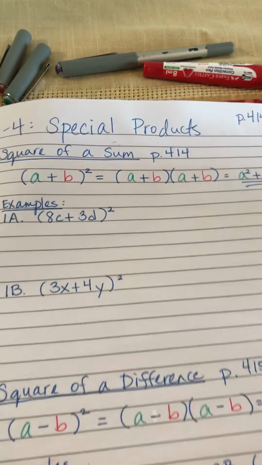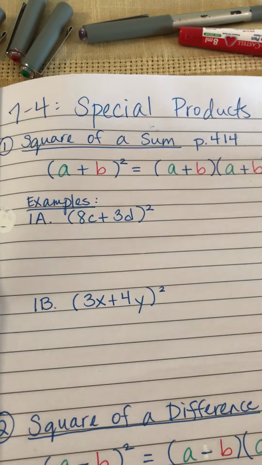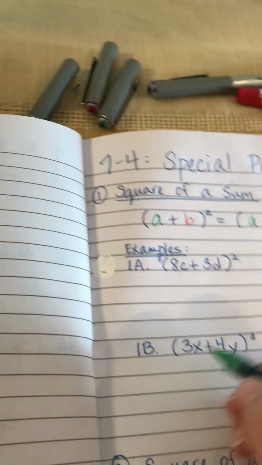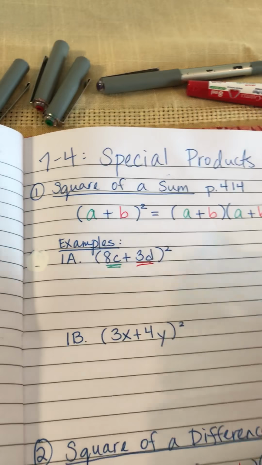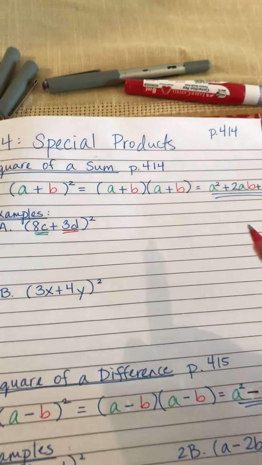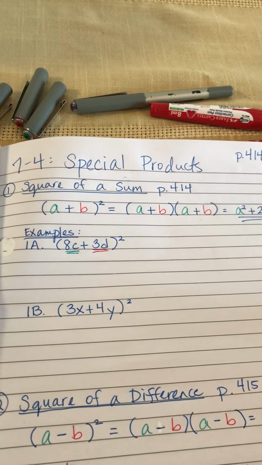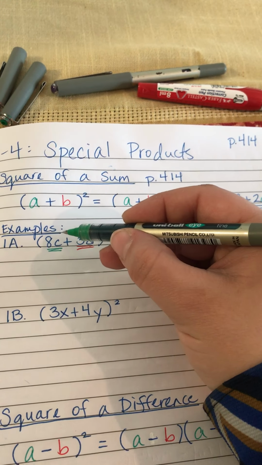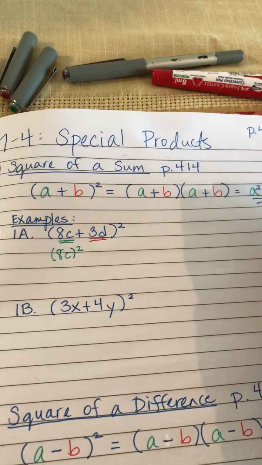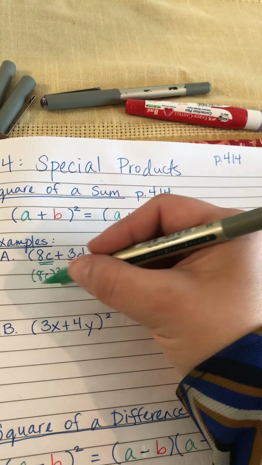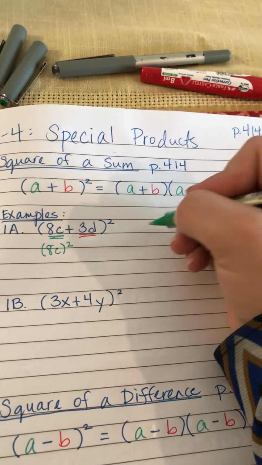So if I look at this example, what I have here is 8c plus 3d squared. So in this problem, your 8c would be your a, and then your b would be 3d. So using my formula over here, a squared plus 2ab plus b squared, I would have to square the a, so 8c squared. And then the second term would be, well, let's just multiply this out. 8c squared would be 8c times 8c, which is 64c